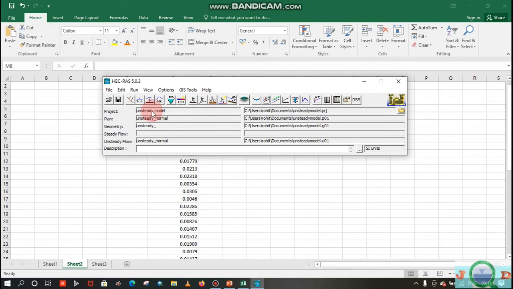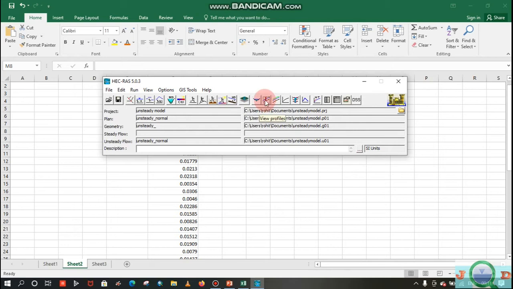In HEC-RAS, I have already set up the project and defined the geometry, but didn't define the boundary conditions, and I need to assign the normal depth condition. Before that I need to compute this boundary condition.